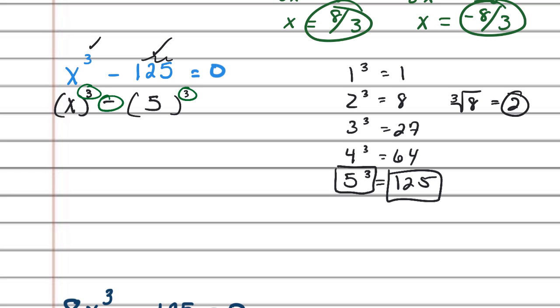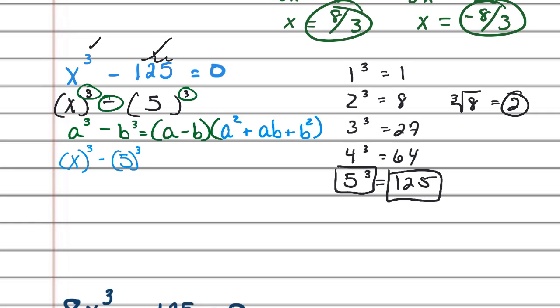And here is the formula for it. If you have a cubed minus b cubed, you always get a minus b, just like the difference of squares was. But then you get something kind of weird, this trinomial, a squared plus ab plus b squared. Let's get them in there, right? And so now that we know that a is x and b is a 5,